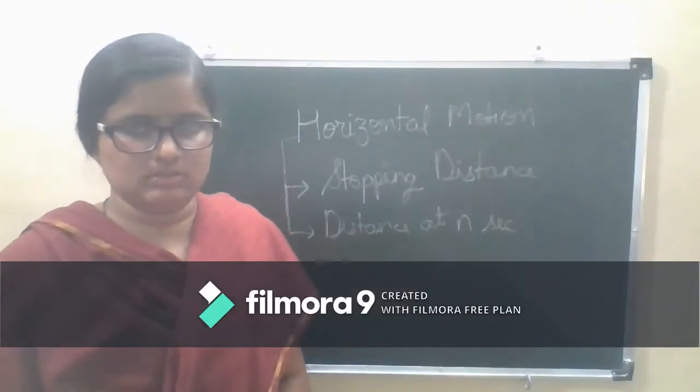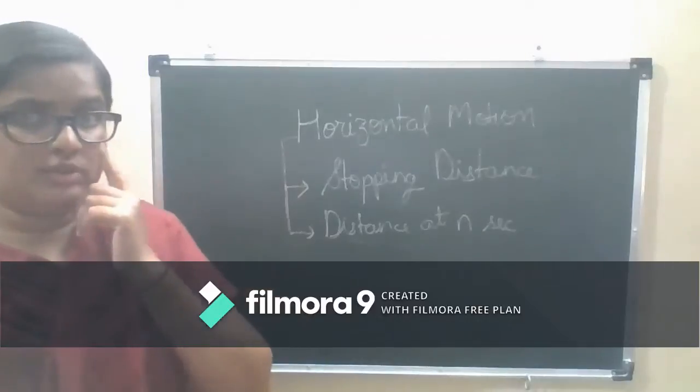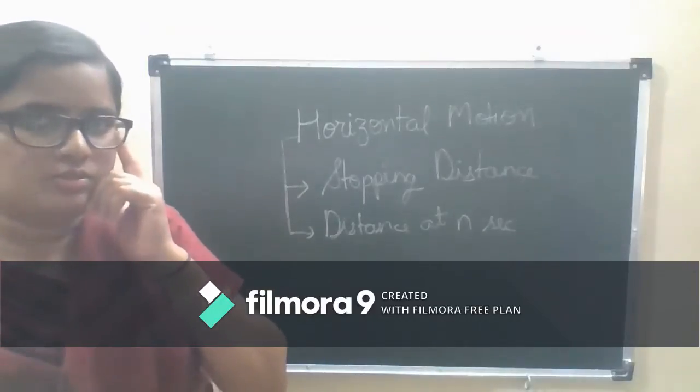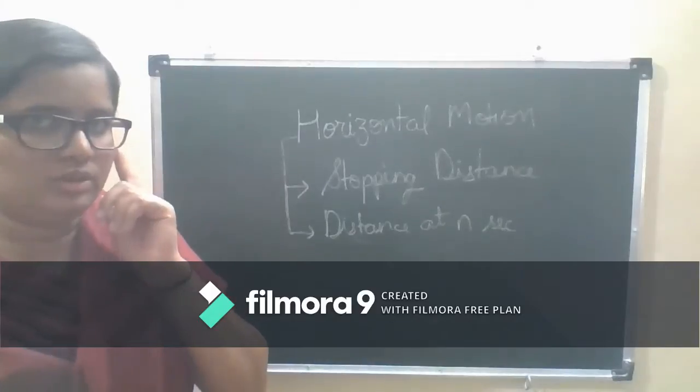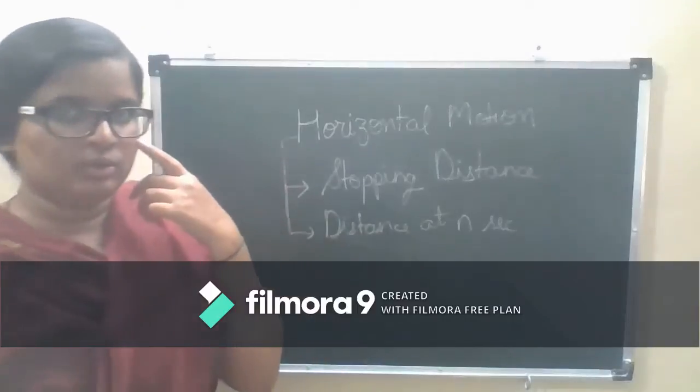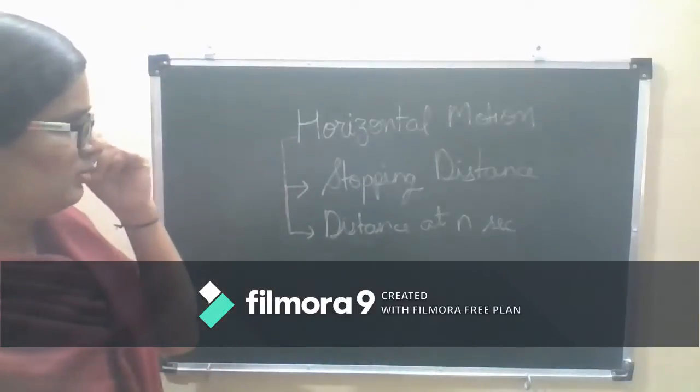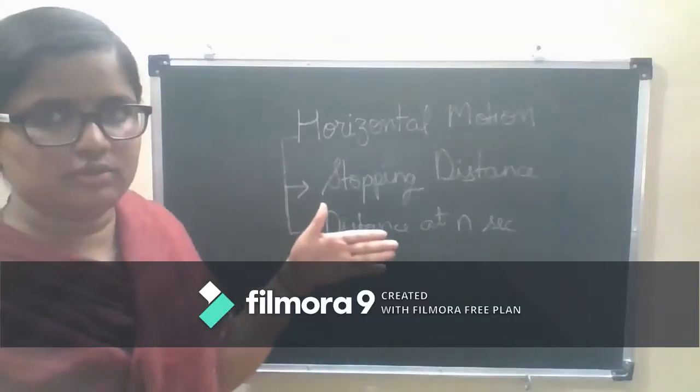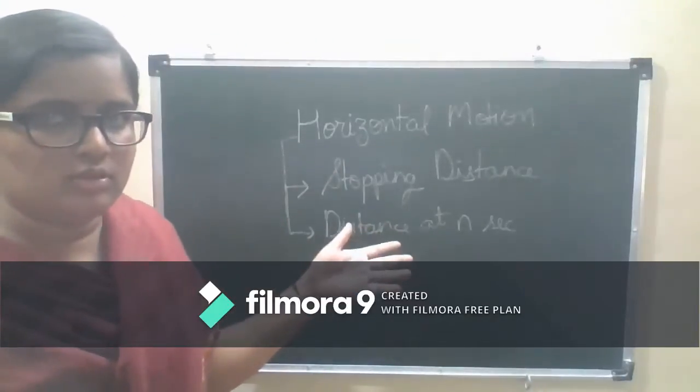Now we are going to study horizontal and vertical acceleration. First we will see horizontal acceleration. Now this was the recap of what we studied as a whole in one chapter. Now we will study horizontal motion, after acceleration. We are studying horizontal now.